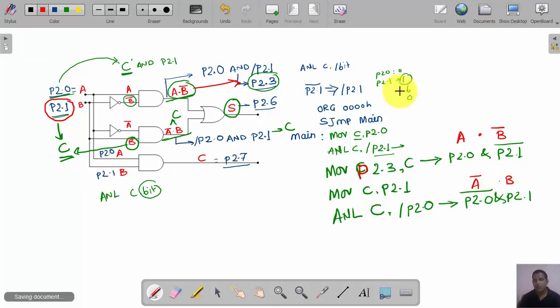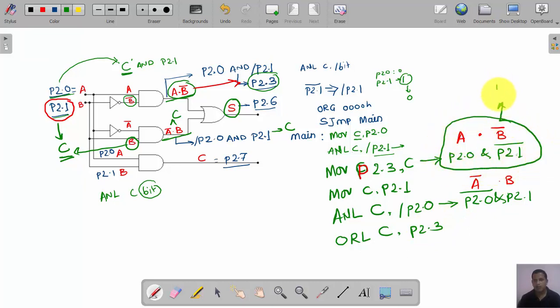Now we have to produce the ORing of these two, and by default this result is present in the carry bit itself. So what will be the next instruction? It is simple: ORL C comma p2.3. This result we had already copied to p2.3, so the status of the carry bit is ORed with p2.3.